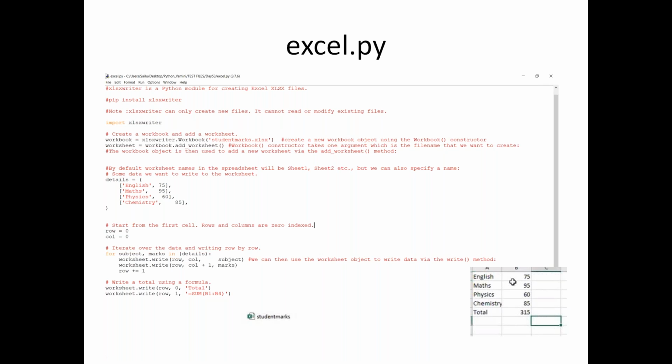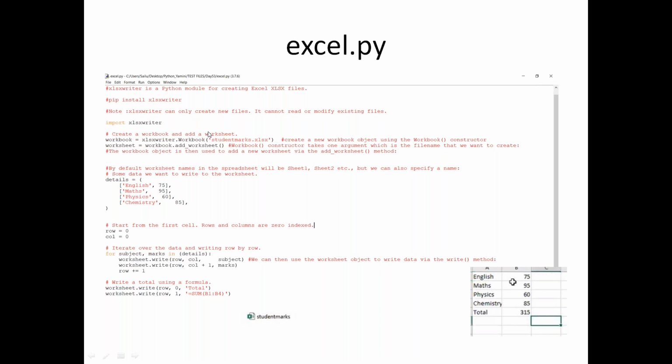It's not like CSV, to read and write. Here for XlsxWriter, you can write a file, but if you want to read an existing file or modify an existing file, XlsxWriter is not going to help you. That module doesn't have that functionality. So that is a catch you have here. So import xlsxwriter. Once you install it in your command prompt, come to your Python environment and use the term import xlsxwriter. Then only you can utilize the functionality of your XlsxWriter module.